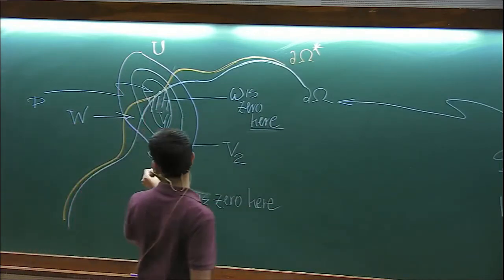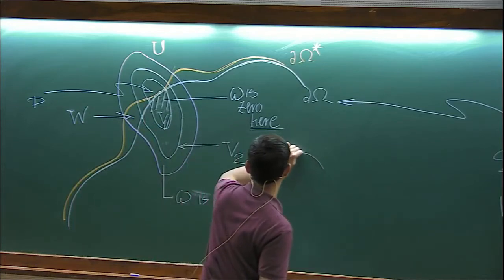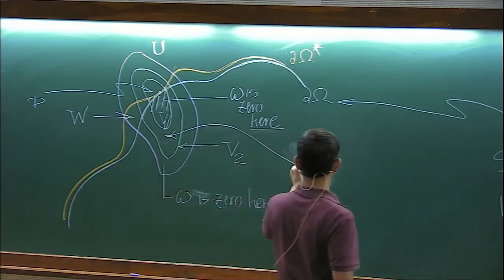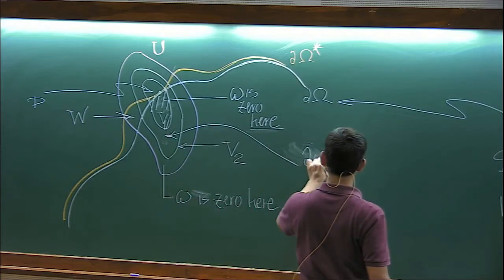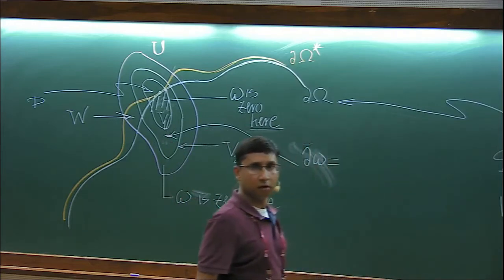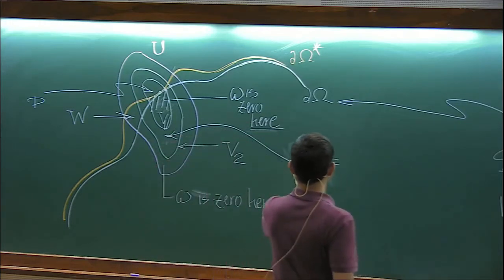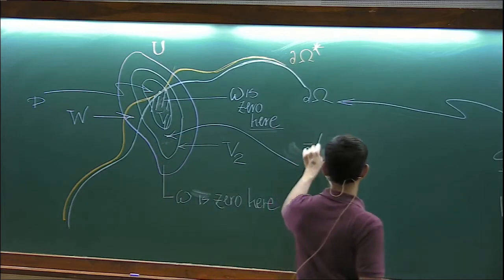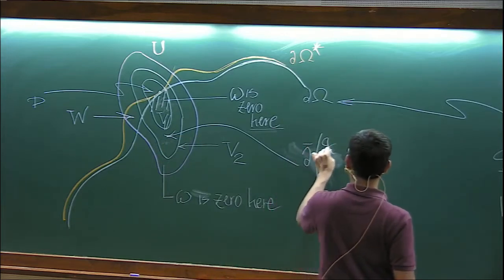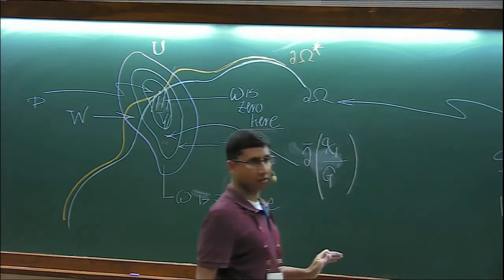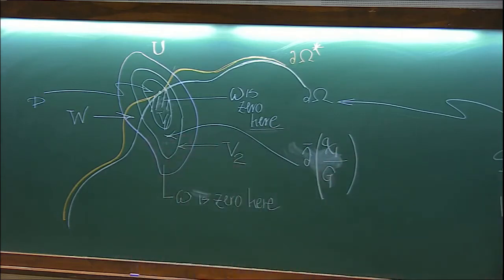And let's analyze what happens in this annular region. So let's see what happens here. So let's look at d bar of omega, or rather, let's look at the d bar of this object. Let's look at d bar of chi1 divided by g. Now note, there is a reason why I have, let's see,